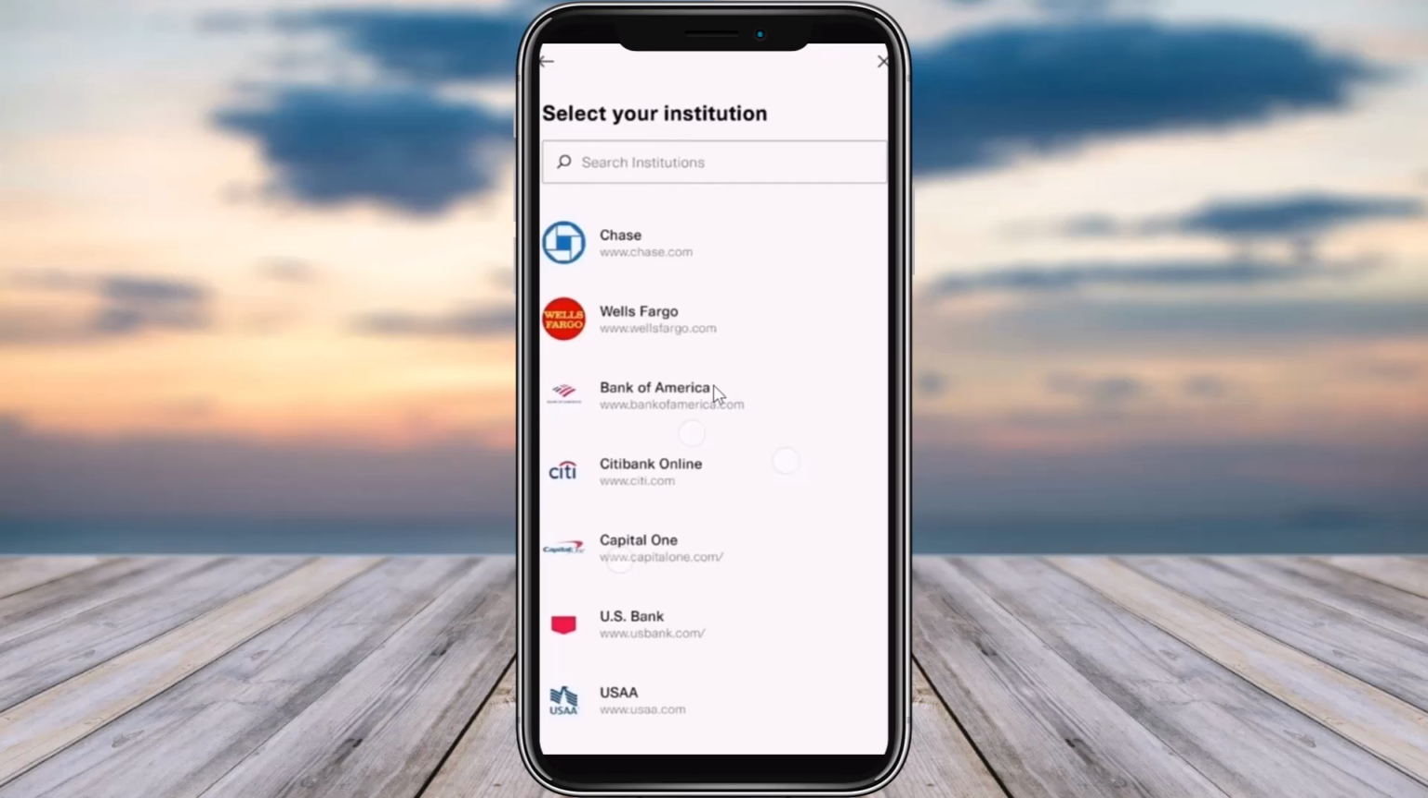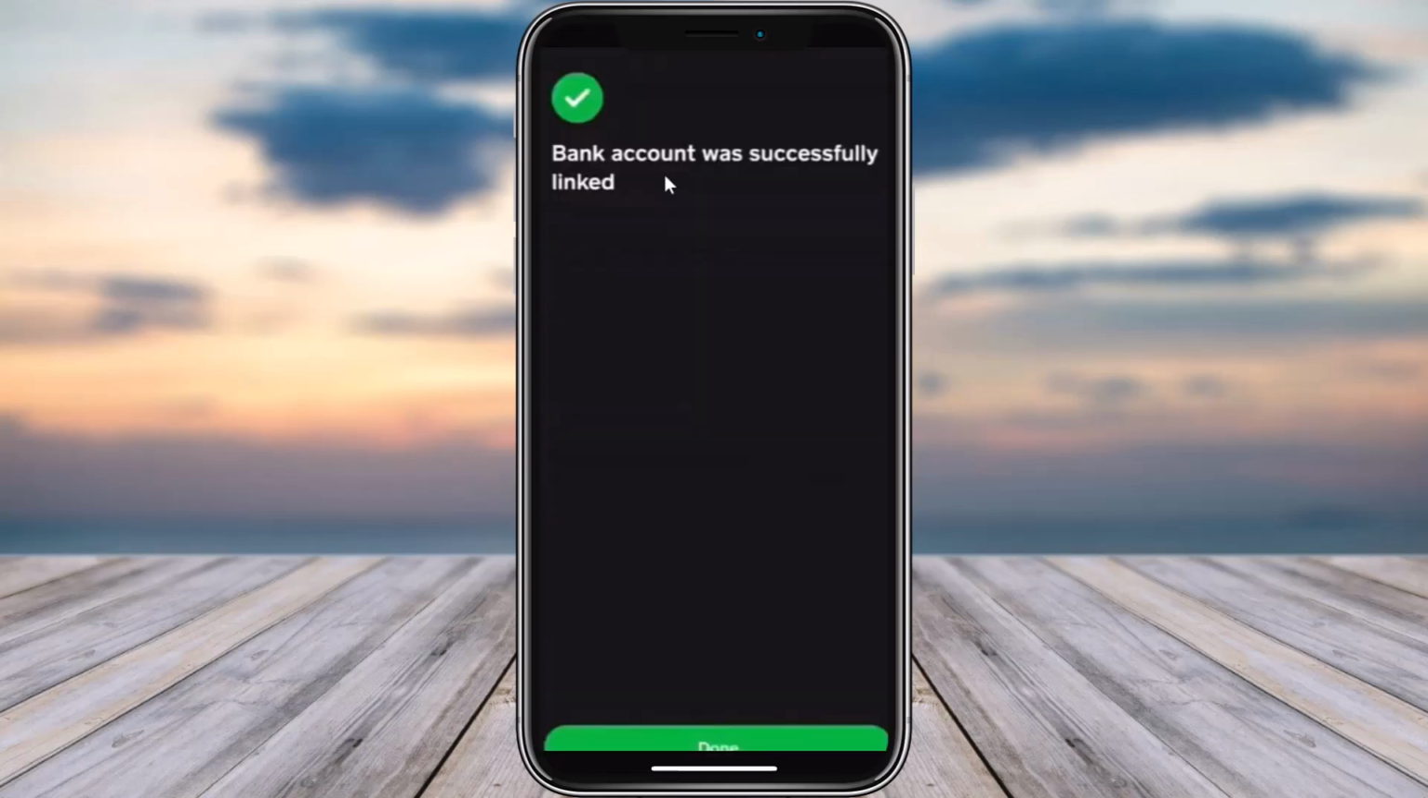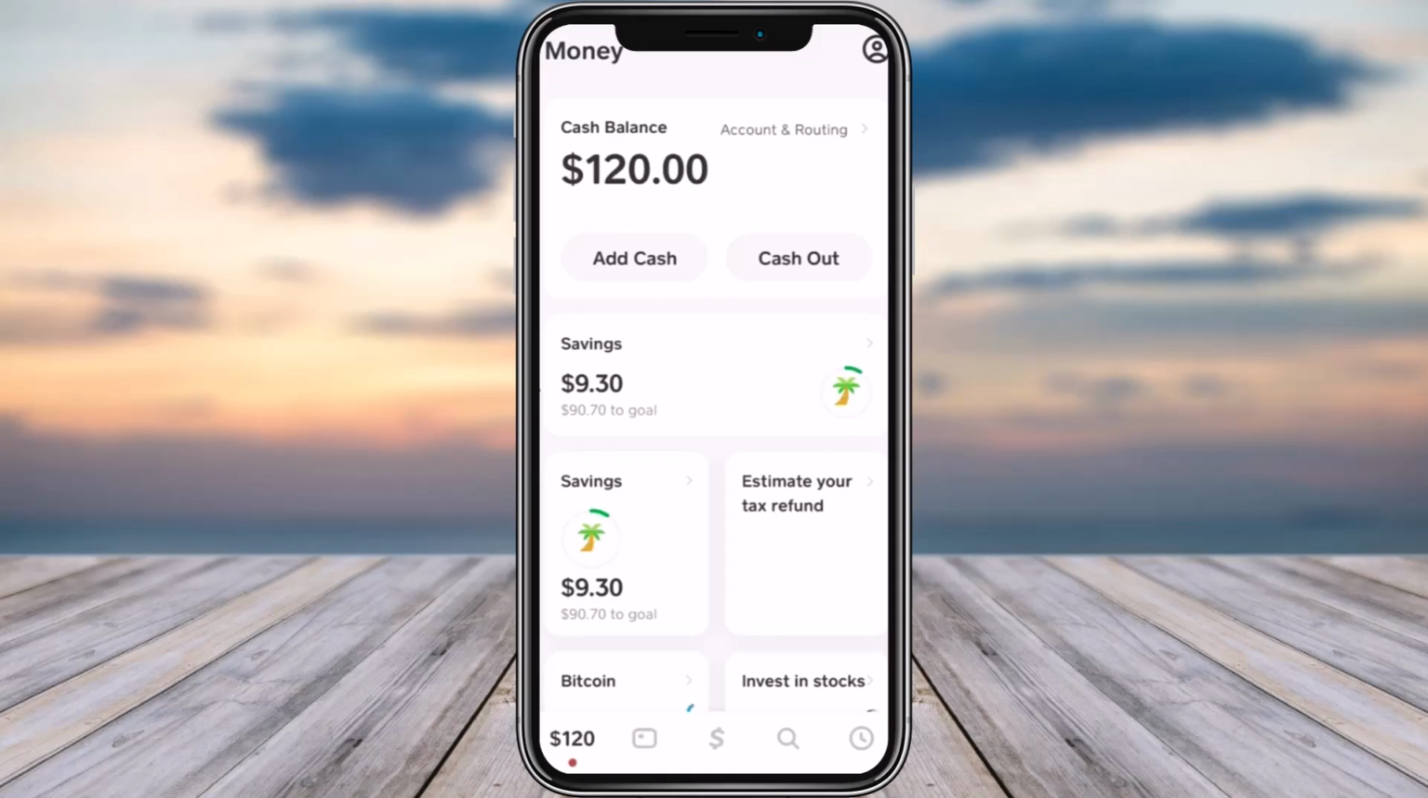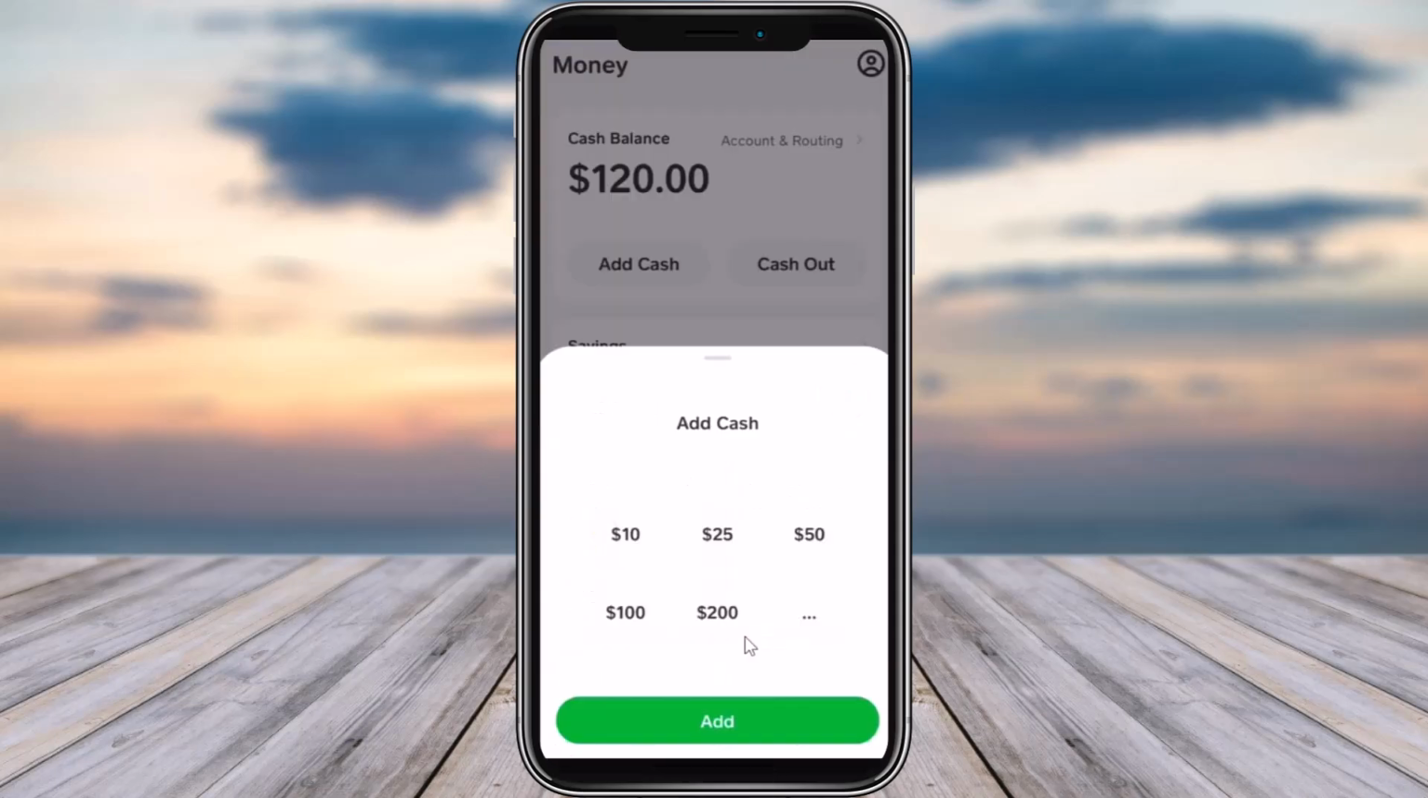Then go to search bar and type in the Netspend bank. Once you get the result, tap on it. Then once you've added all of the information correctly of your Netspend bank account, then tap on that at the bottom. Once it has been linked, then go to home section and tap on this option of add cash on top left, and then over here simply choose the money that you would like to add and tap on add